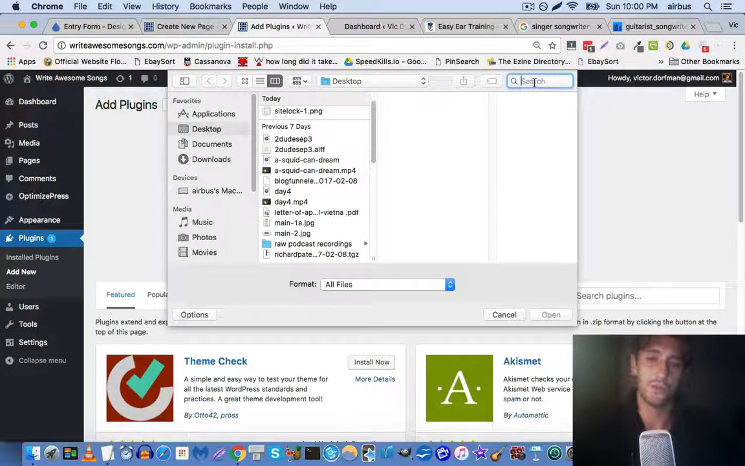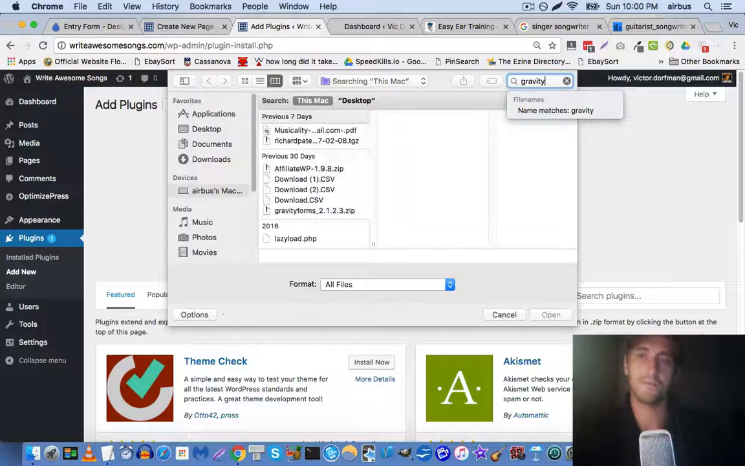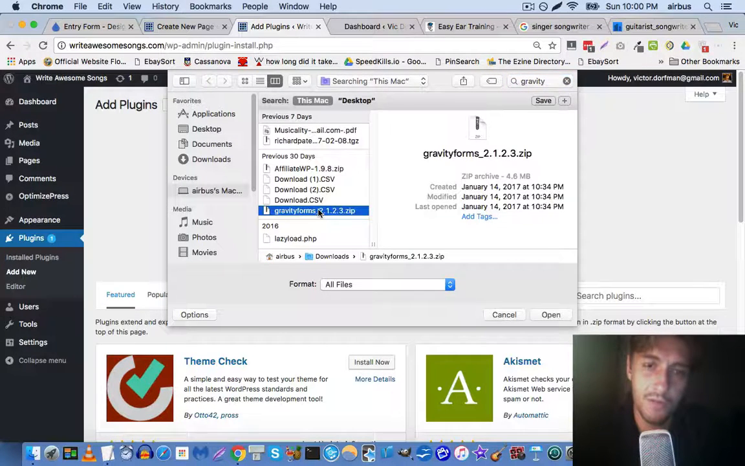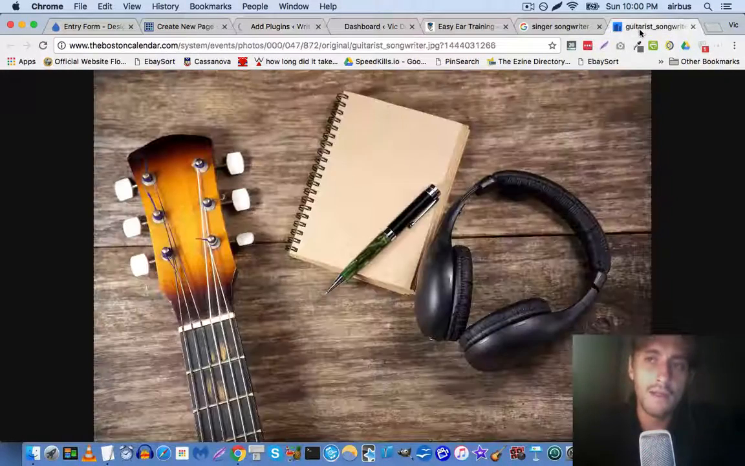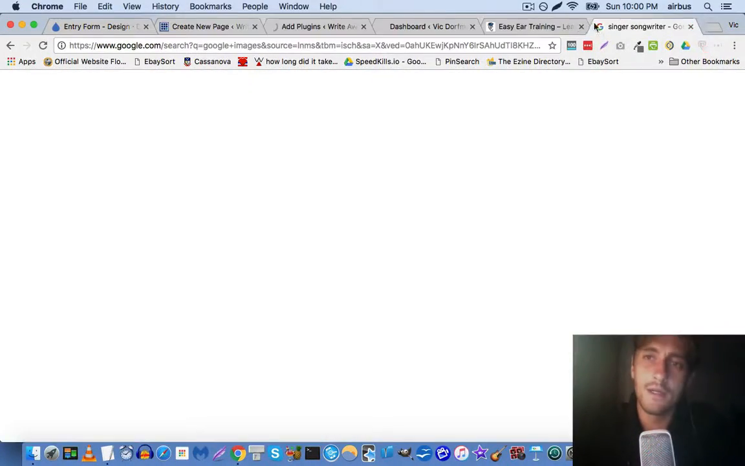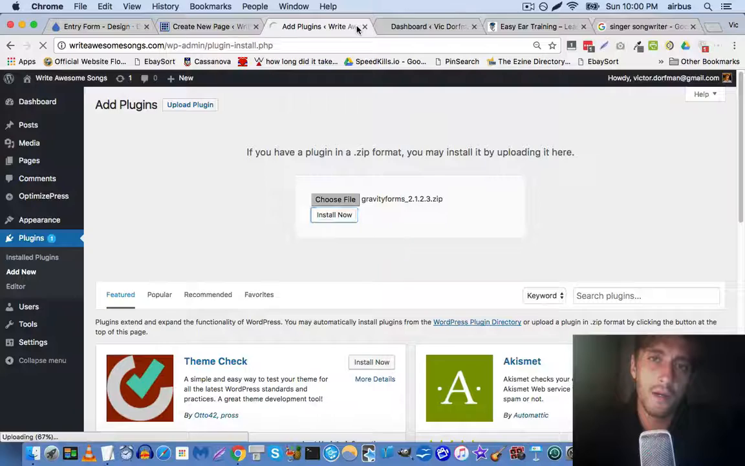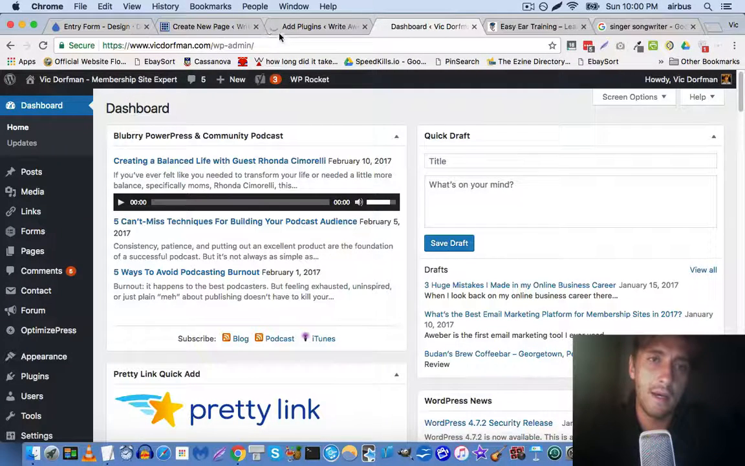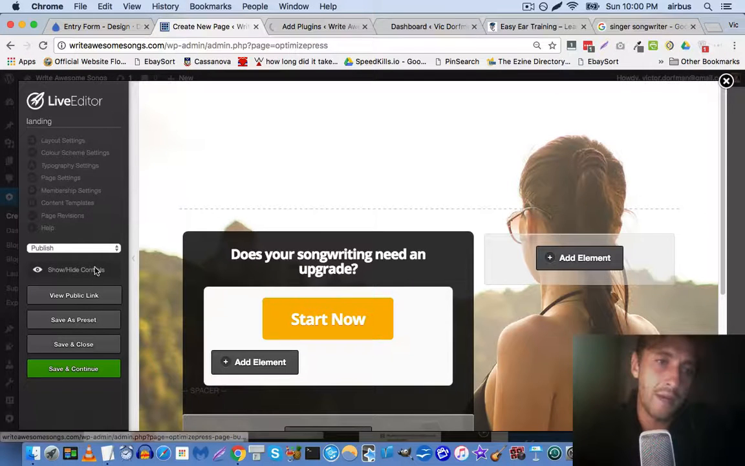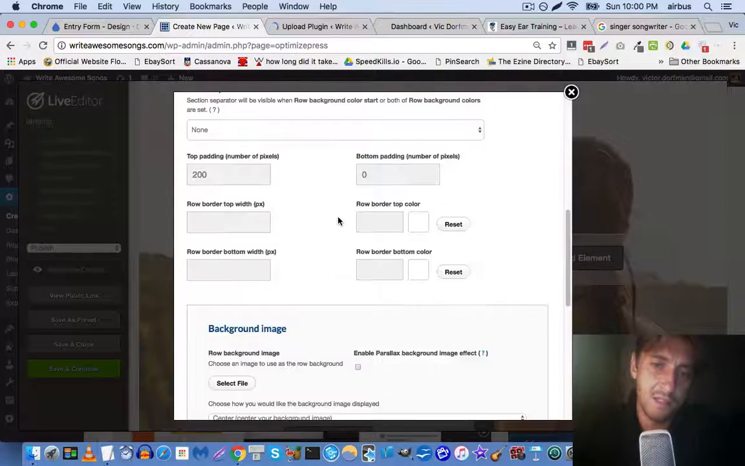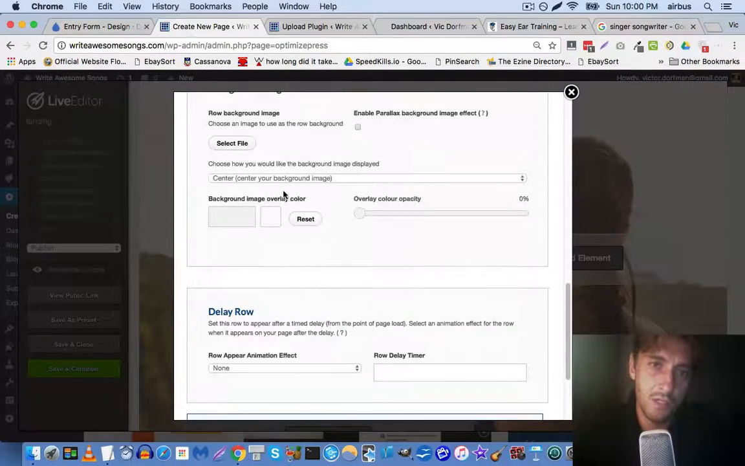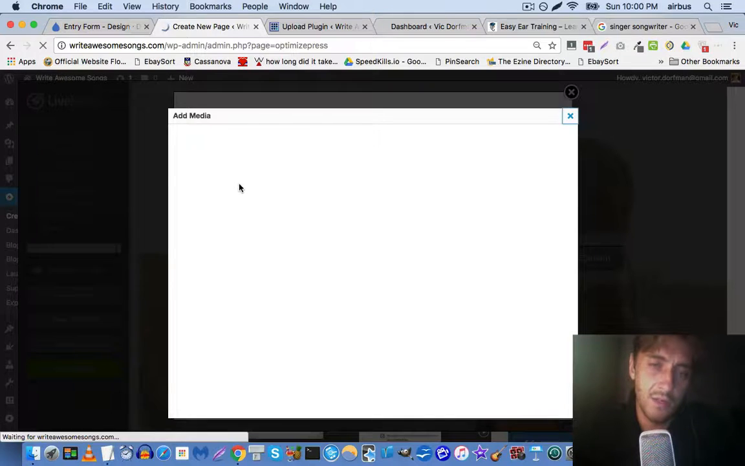Okay, let's just search Gravity. It's somewhere here, I'm sure. There it is. Okay, and while that is installing, let me see if I can figure out real quick how to change this background. You know what, it's probably not so obvious. Background image. Okay, well, let's see if I go to select file,